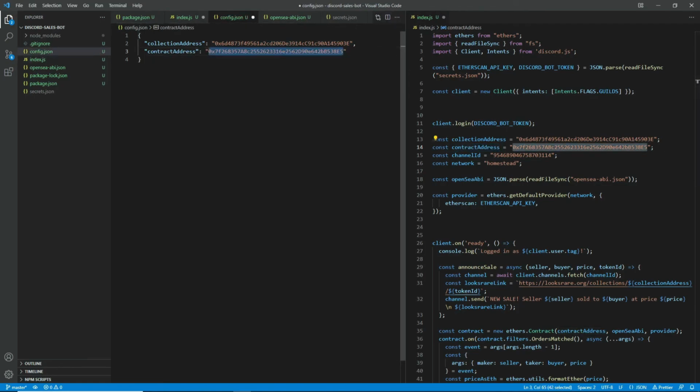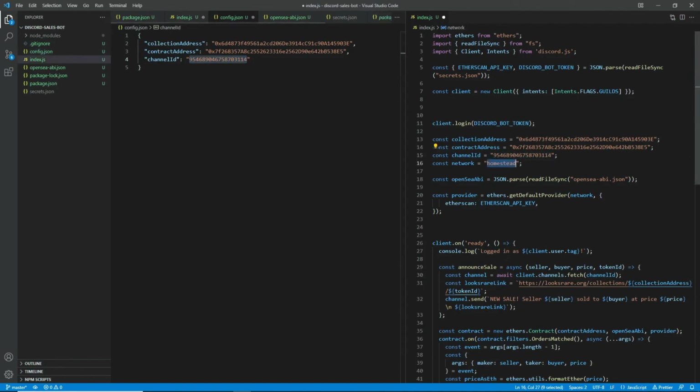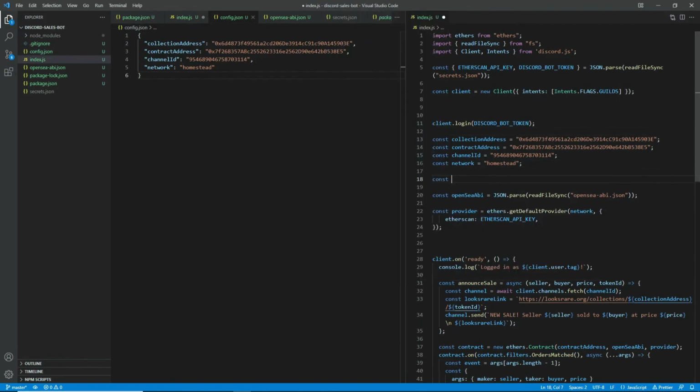This is for the marketplace, for the OpenSea marketplace. Then there's the channel ID for your Discord channel ID where you want to report the sales. And then there's the network. This is the mainnet. And now instead of this, we do